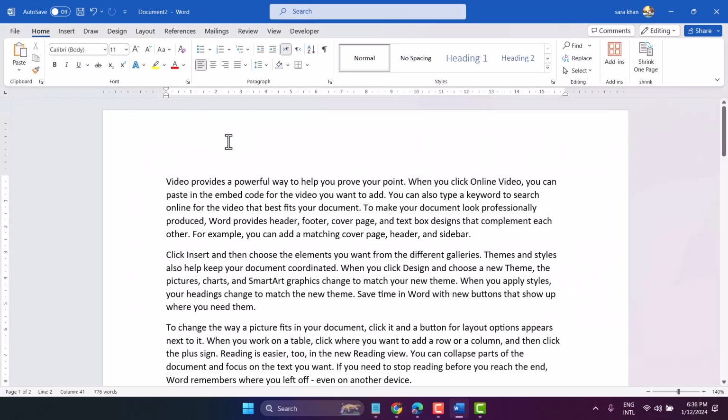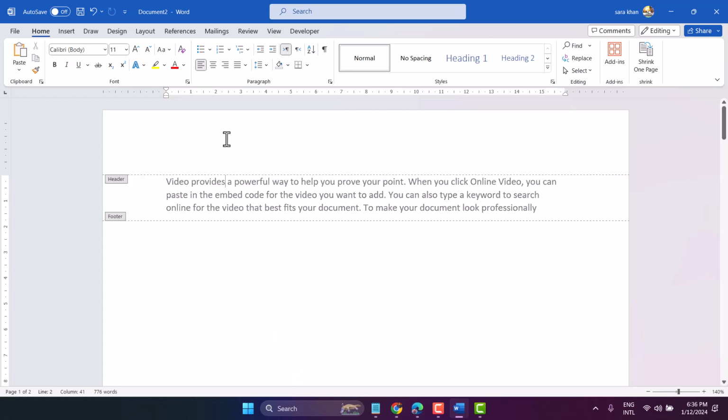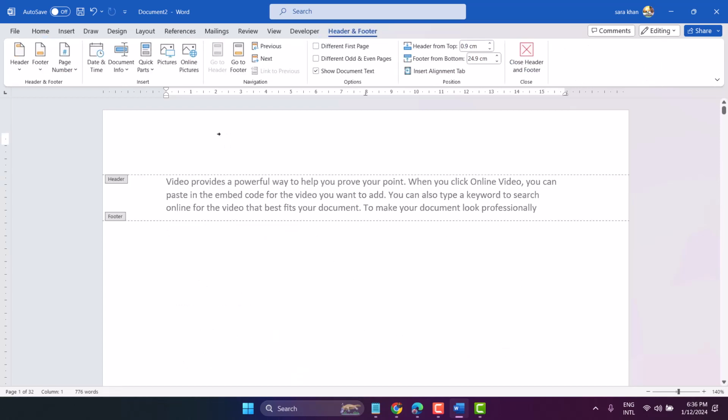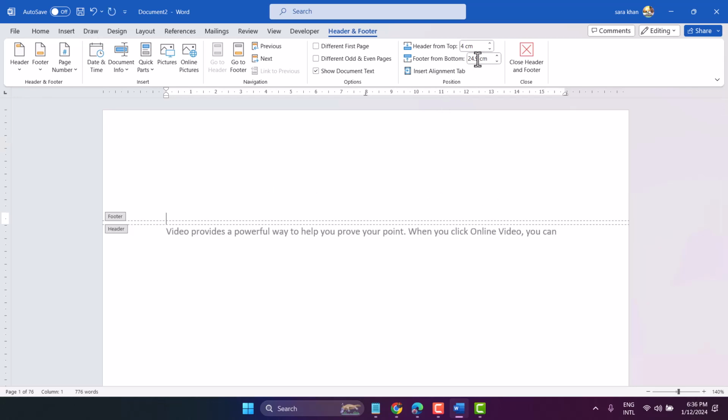So double click on this header area. So header will be activated. Here you can increase or decrease header and footer margin. Like 4 centimeter, click on OK. And for footer margin 4 centimeter, then click on enter